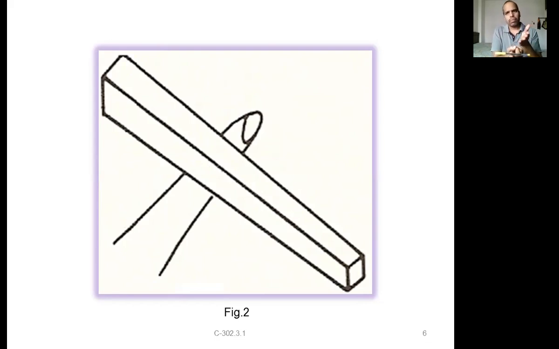We already discussed what symmetric is. Not symmetrically distributed means if you cut it into half, both sides will not have the same weight. If it is like that, then it is nothing but experiment one. If you keep your finger at the midpoint, it will get balanced, whereas in this case it is not symmetric. On one side the weight is more, on the other side the weight is less. Then the length is more but the weight is less. That's why if you keep it at almost the center, it is not in a horizontal position.